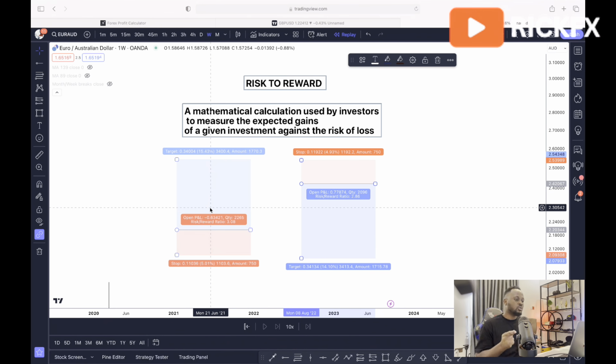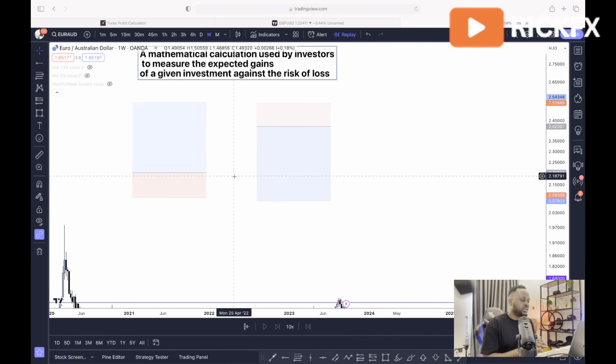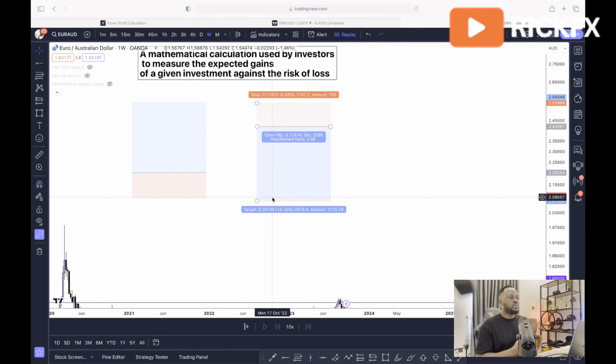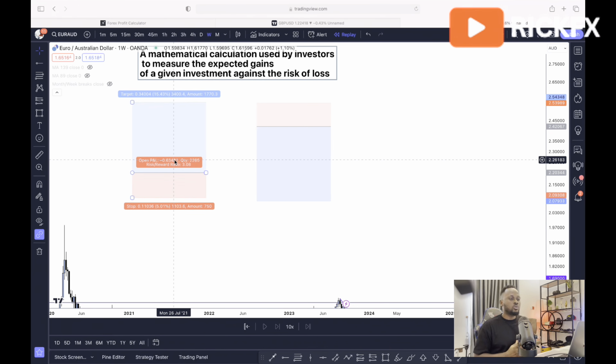But what I want you to understand, and why it is important, is this: let's say trading is a game of probabilities. Let's say you take 10 trades, right? With a good risk to reward ratio, you can have a bad win rate and still be profitable. For a good risk to reward, you want to be targeting a minimum of 1:2. When you risk 1% of your account, you should be looking to make at least 2% of it, and that is how cumulatively, after a series of trades, you become profitable.